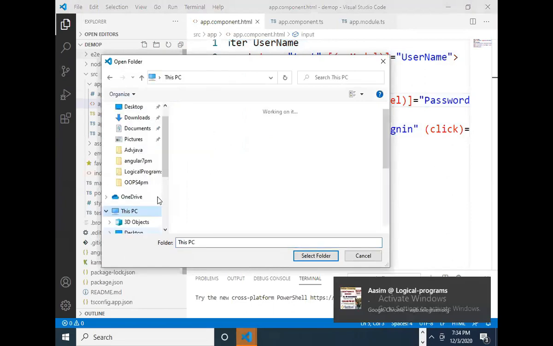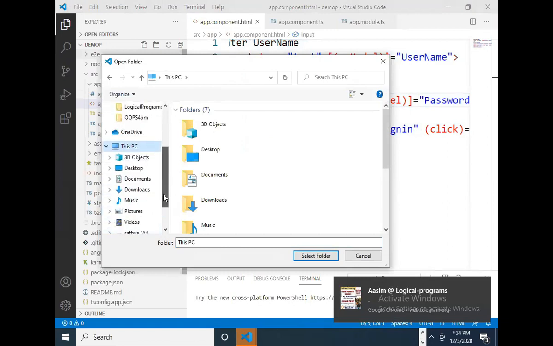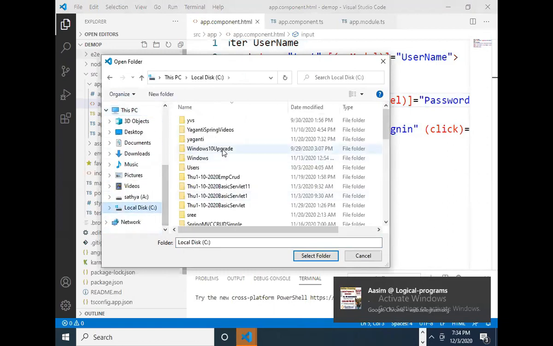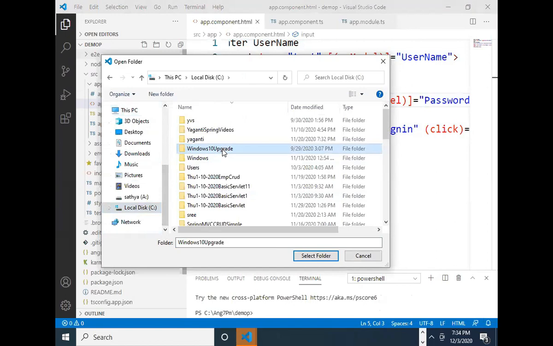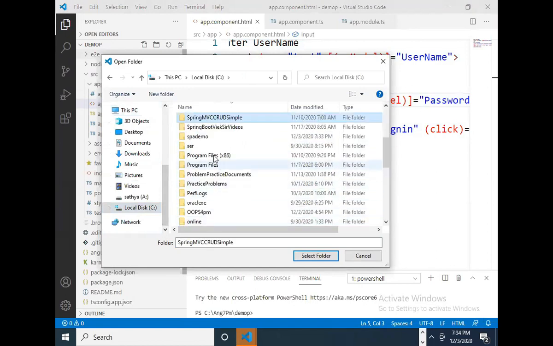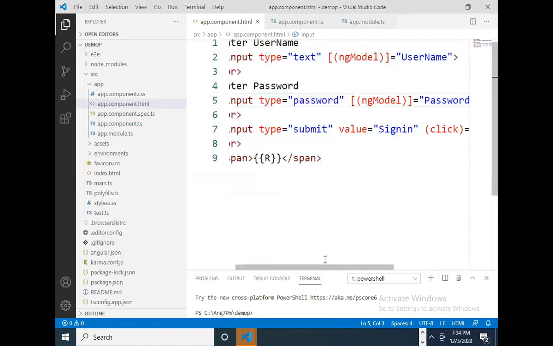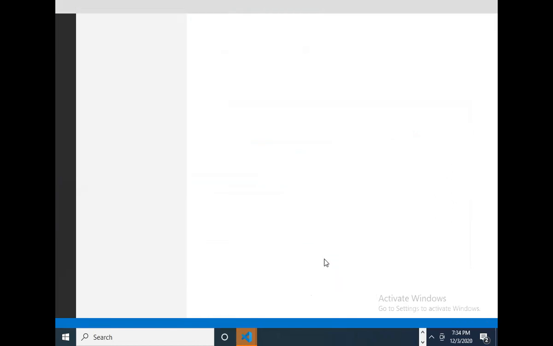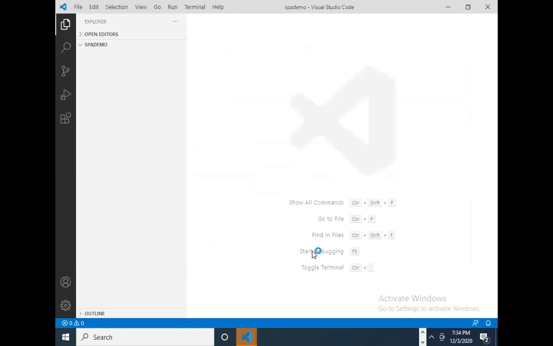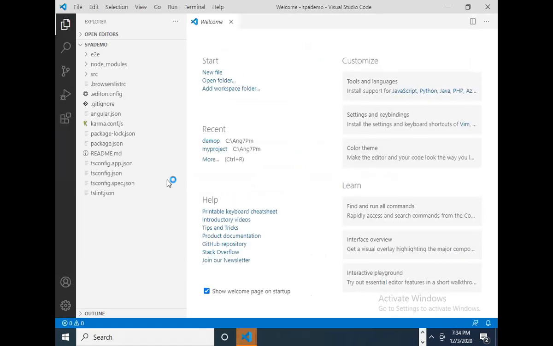There I created one folder, SPA demo. In this one, Angular project is created. Whenever you type the command ng new project name, automatically Angular project will be downloaded from npm. So here you can see src.